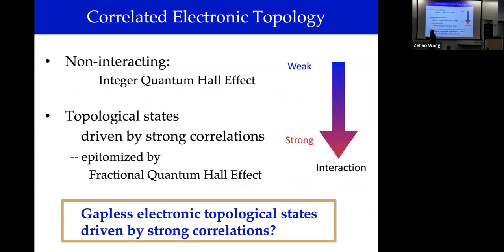So again, this is the more general motivation that I mentioned yesterday: we want to ask the question, analogous to the insulating setting where we can have fractional quantum Hall that's distinct from integer quantum Hall, can there be topological states in the interacting settings that are not adiabatically connected to their non-interacting counterpart,